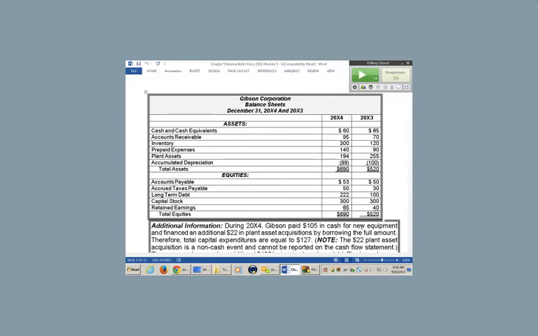And the depreciation expense for the year was 22. And that's just coming off, again, of the income statement. And then we'll go back and look at the other numbers as we need them. So this is my only non-cash expense. And there's no gain or loss reported, as we said before. All right. So now, some of the key items here are going to be found in your additional information.